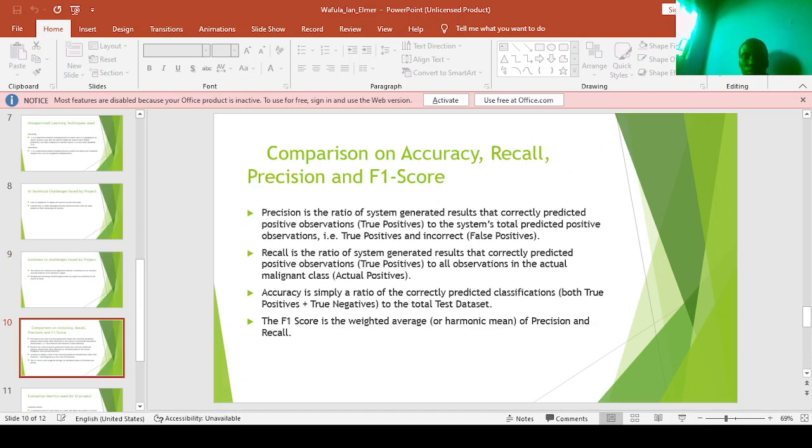So we'll make a comparison on the accuracy, recall, precision, and F1 score. These are known as the 4 key evaluation metrics for the development of AI. Precision is a ratio of the system's generated results that correctly predicted positives,